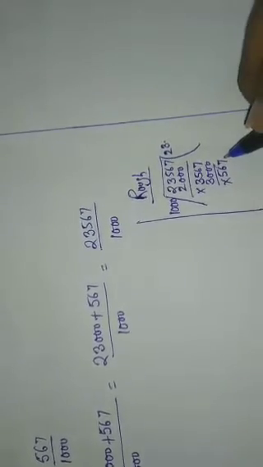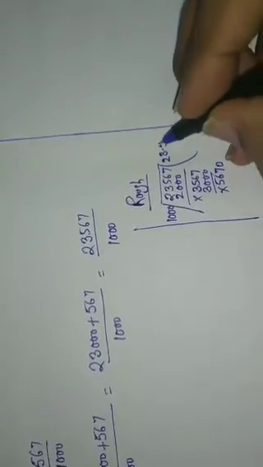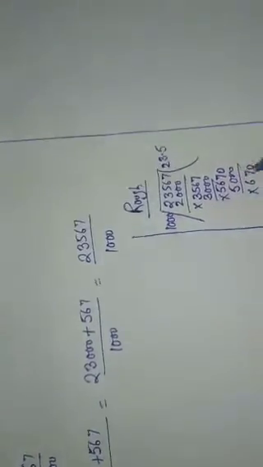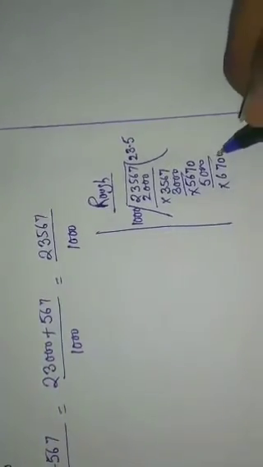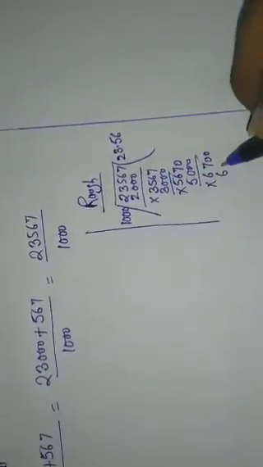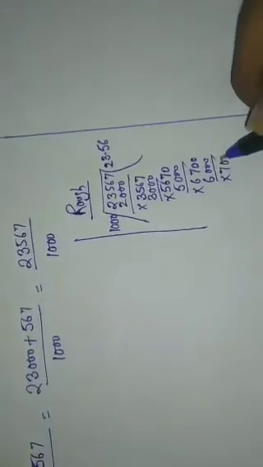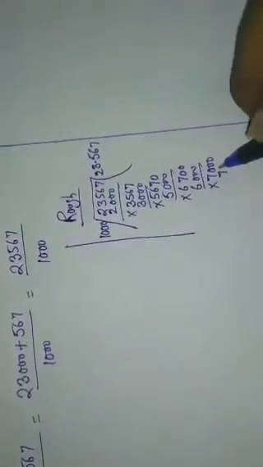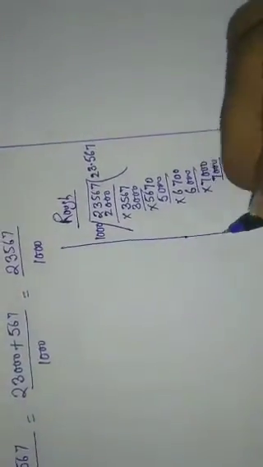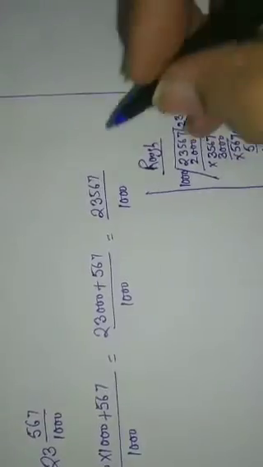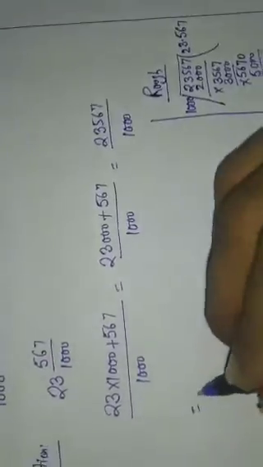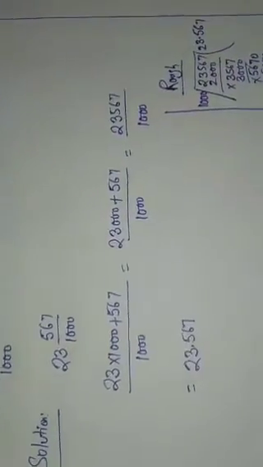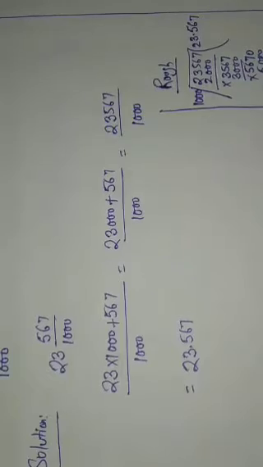You will put the decimal here, then increase 1 zero. 1000 fives are 5000. Then the remaining number is 670. Since you have already put the decimal, you can increase 1 zero here. 1000 sixes are 6000. Then 700. Then 1 zero you can increase here. So 1000 sevens are 7000. So you have got the number in decimal, which you can write here: 23.567. Okay, now it has been converted into the decimal form.